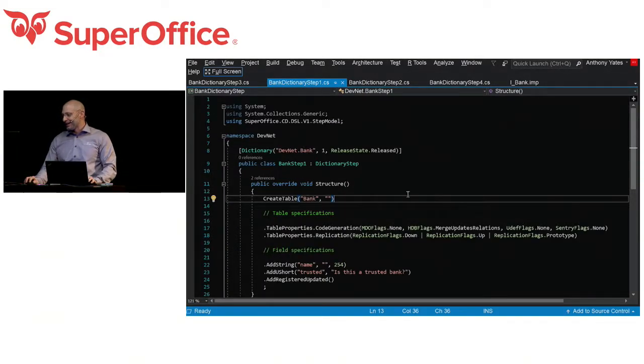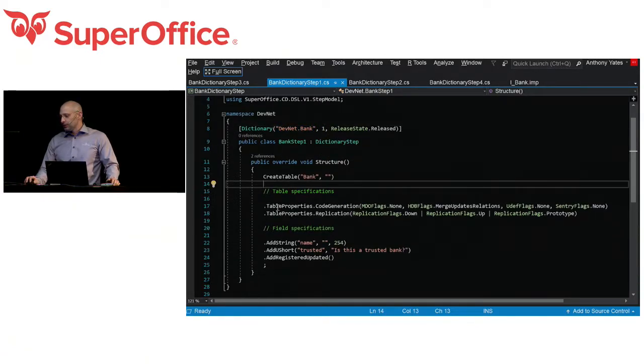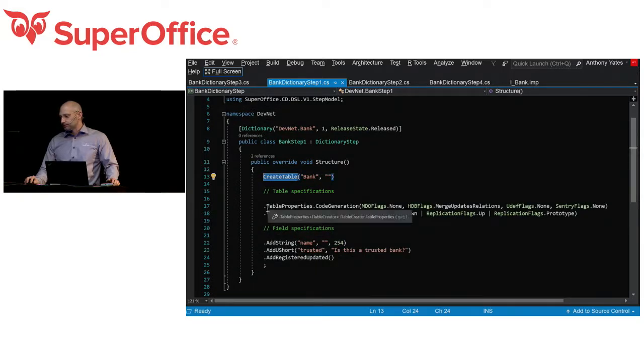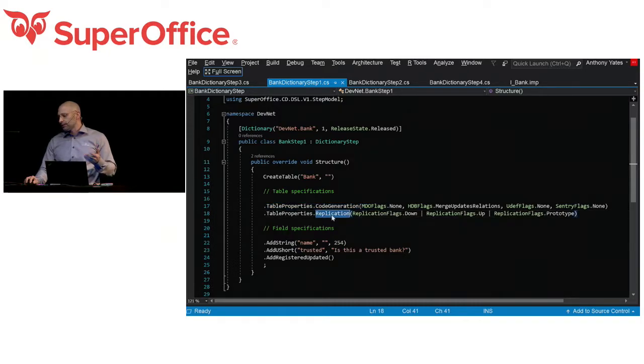All right, here we go. So this dictionary step, the name is called DevNet Bank. This is step number 1. The only thing I'm going to be doing in here is creating a table called bank with no description. Next thing I want to do is set the table properties. Table properties define things like how it's going to be replicated